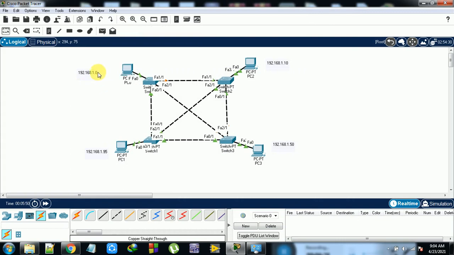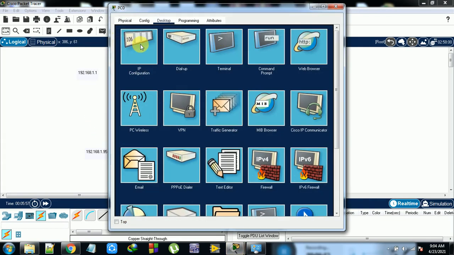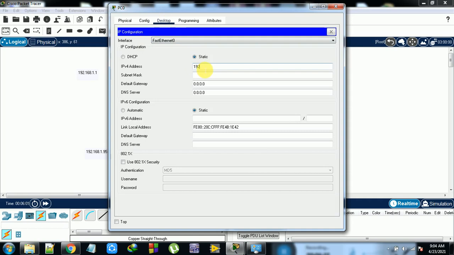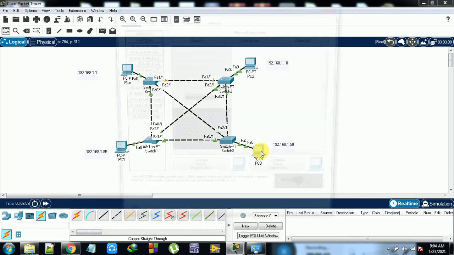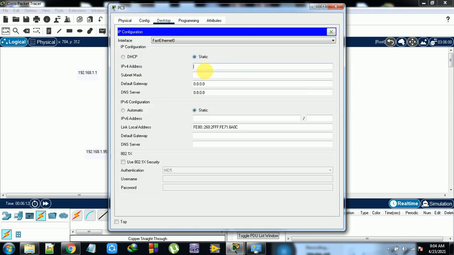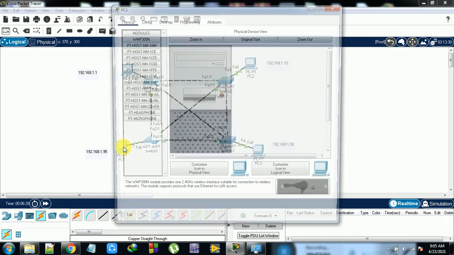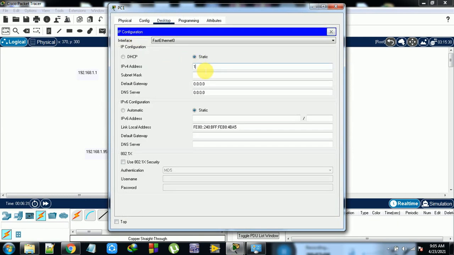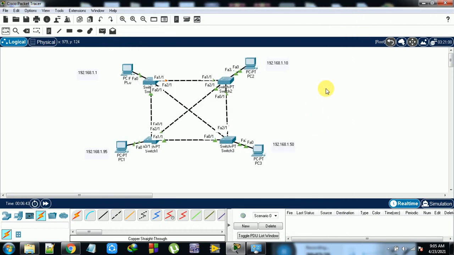Next to this is 192.168.1.50, and this one is 192.168.1.10, and this one is 192.168.1.95. These are all completed.